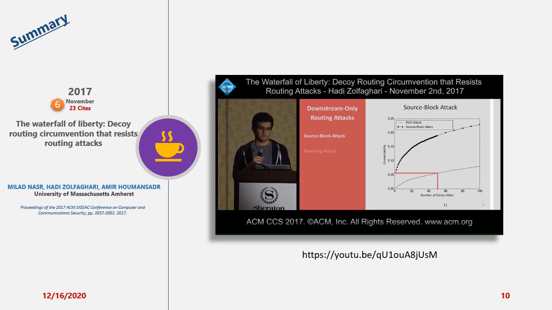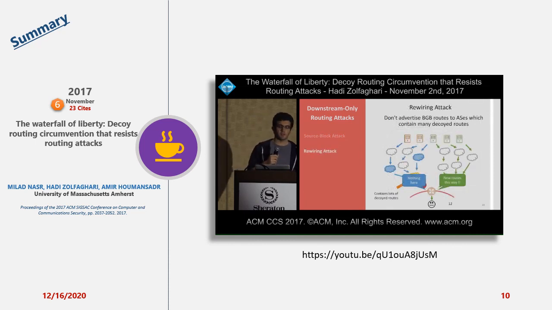To see how costly this is, we did some simulations. In this graph, you can see the amount of unreachability of the internet the censors would have to accept in order to block a decoy routing system with a given number of decoys deployed. The top line is for the source block attack applied on downstream routers, and the bottom line is a typical RAD attack applied on upstream routers. So you can see that a downstream decoy routing system with only a single decoy router would impose the same amount of unreachability on the censors as an upstream decoy routing system with about 50 decoy routers.